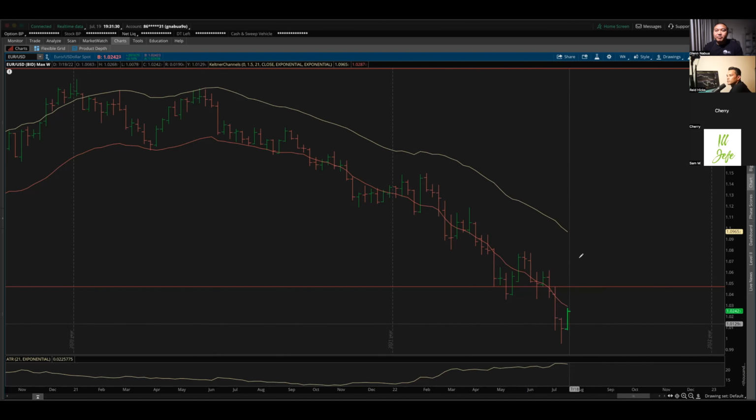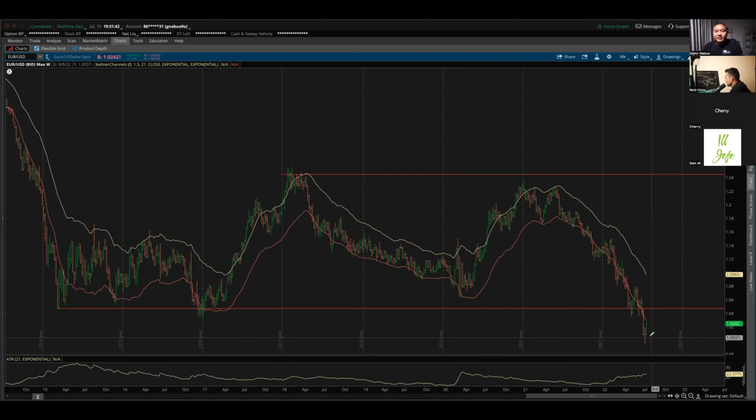I don't see this thing popping back up. That would be the least probable trade or price action with this particular pair that I could see, unless something really drastic happens. I don't know what that would be, but as far as price action, that's what we're paying attention to. That's what we make our decisions on. It's price action. We have one or two things that'll play out, or two scenarios. That's what I see.